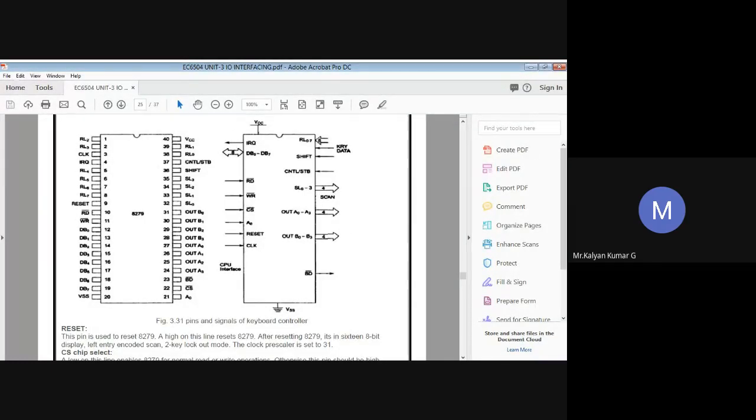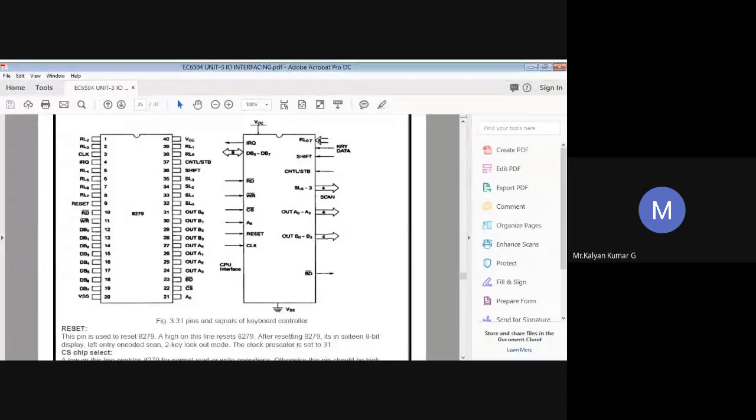And then moving on to return lines, RL. We have 8 return lines, RL0 to RL7. These are normally called return line inputs. The name itself indicates scan lines, and these are return lines. Return lines are actually inputs. They are connected to scan lines through the key or sensor switches. Usually they have active internal pull-ups to keep them high until the switch closures pull them down. These switches are usually connected between the scan lines and the return lines.